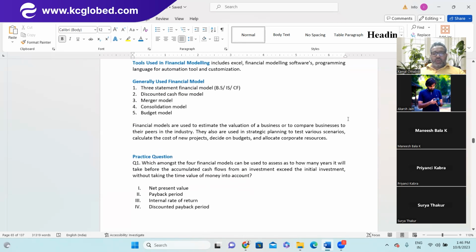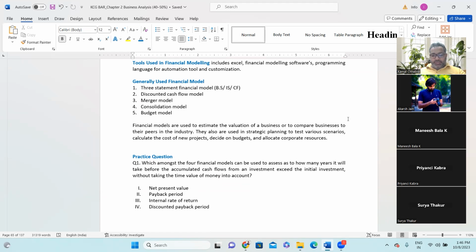So let's do a question over here. Any doubt on financial model? No, sir. Okay, let's do a practice question. Which among the four financial models can be used to assess how many years it will take before the accumulated cash flow from an investment exceeds the initial investment without taking time value of money into account, right? When you use time value of money,